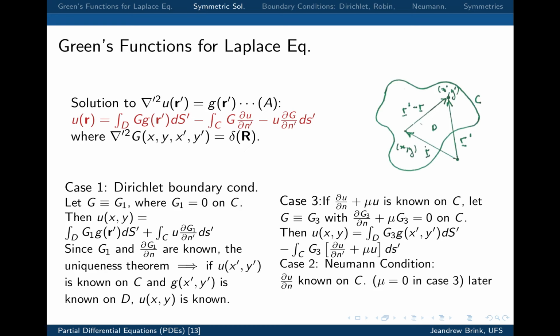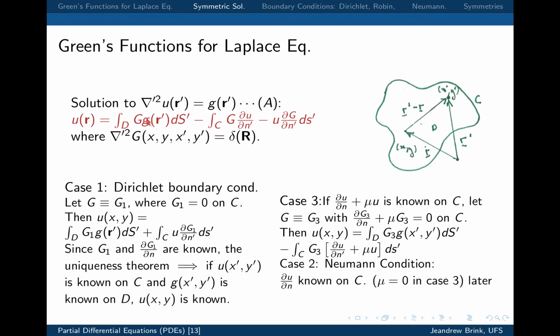So we're going to go on with that theory and look at it in the specific case of Laplace's equation. Just to remind you, we were seeking the solution to Laplace's equation with a source, and this is what we derived using the divergence theorem in the previous lecture: you can write down the solution in terms of some function g which obeys the same equation except that it has a delta function source. So in some sense you construct the solution to this more general equation by the contribution of all the delta function sources